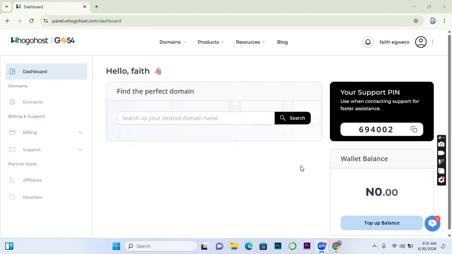Okay, so like I was saying, we have concluded the aspect of buying a domain name, and we want to look at how to buy the hosting file. Now, I told us that